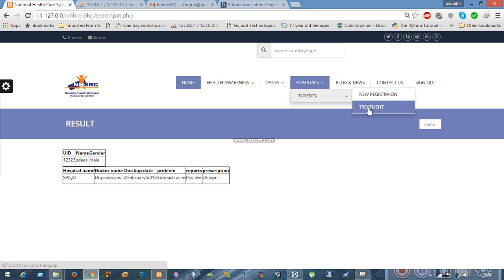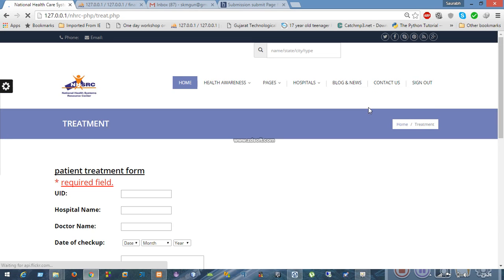Now he is in a new city, so he will go to a new hospital. In that hospital they will click on the treatment button, and then one form will open, which is called the patient treatment form. In that treatment form, the hospital will enter the UID of that patient, then the hospital name, and their own name.